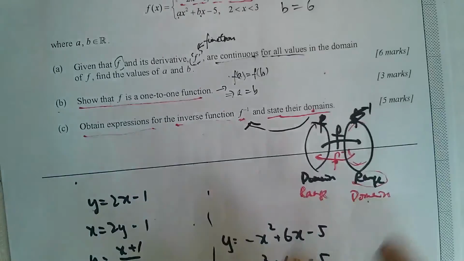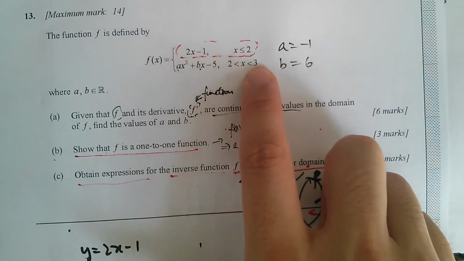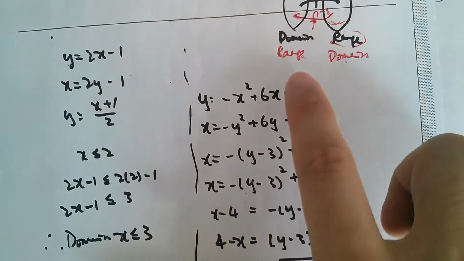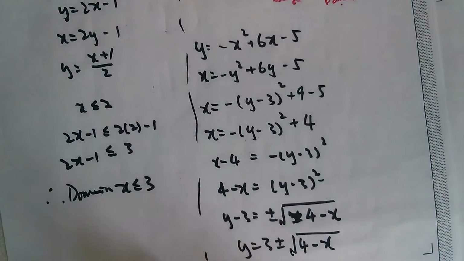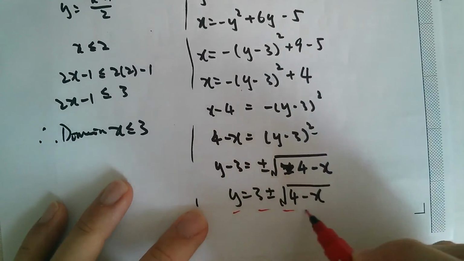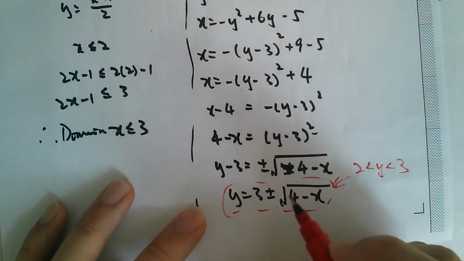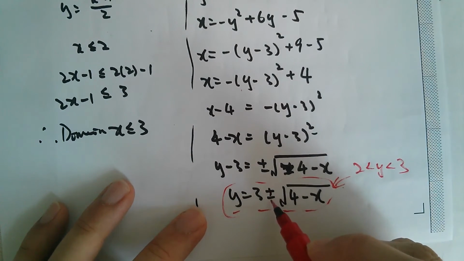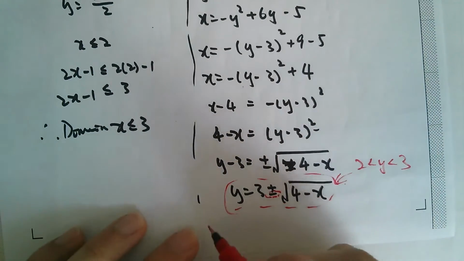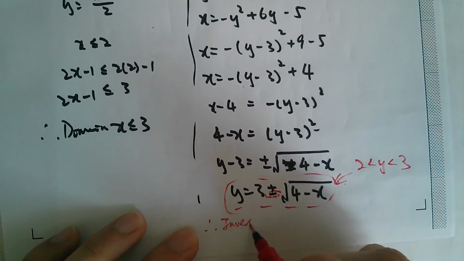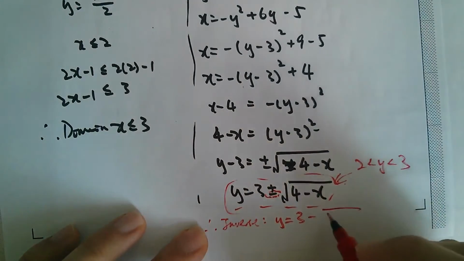Since we know that the domain of the original function is between 2 to 3, therefore the range of the inverse must also be between 2 to 3. Therefore, this guy must be between 2 to 3. Which one should we take, the positive one or the negative one? It needs to be smaller than 3. Therefore, obviously, we take the negative one. Therefore, the inverse for this bit would be y equal to 3 minus